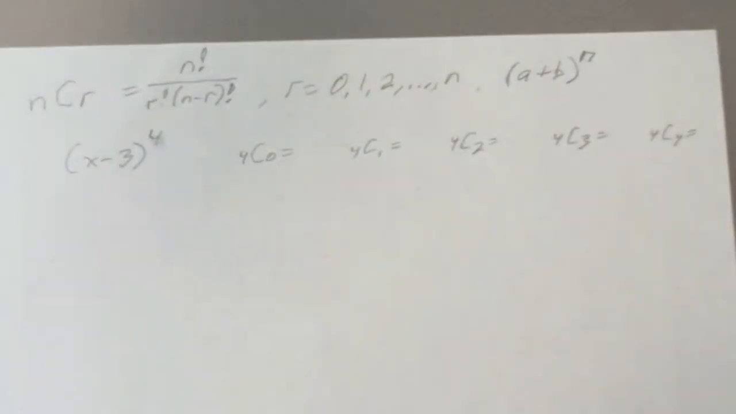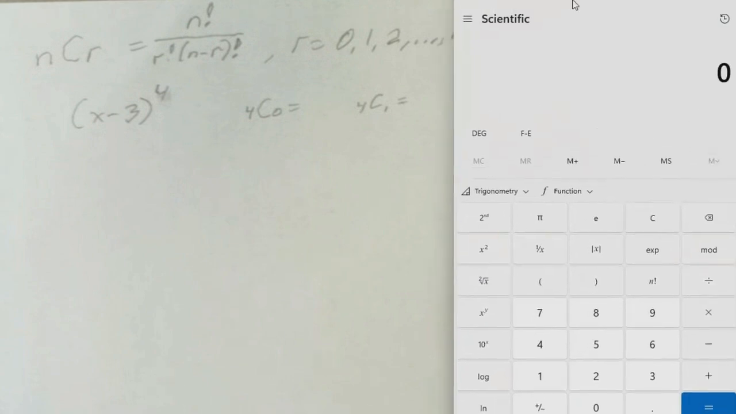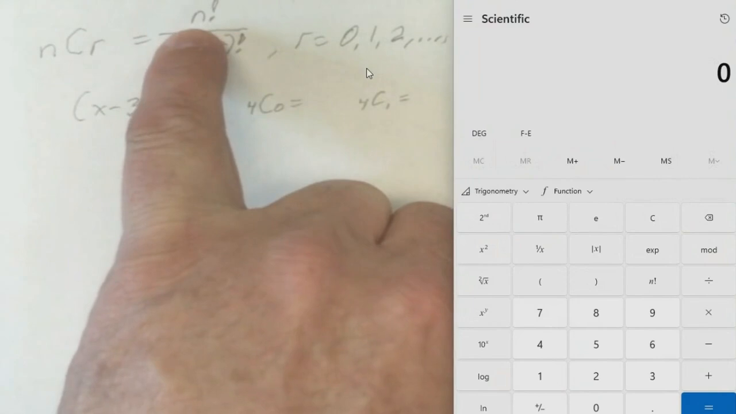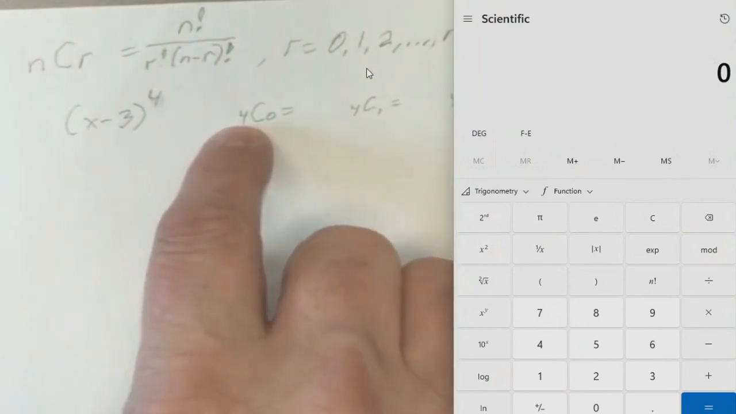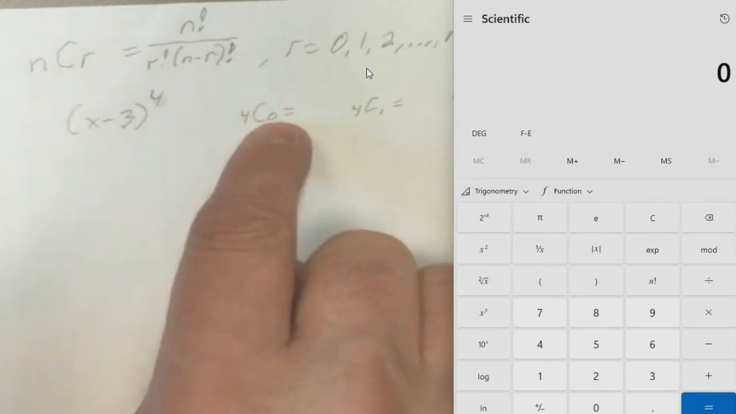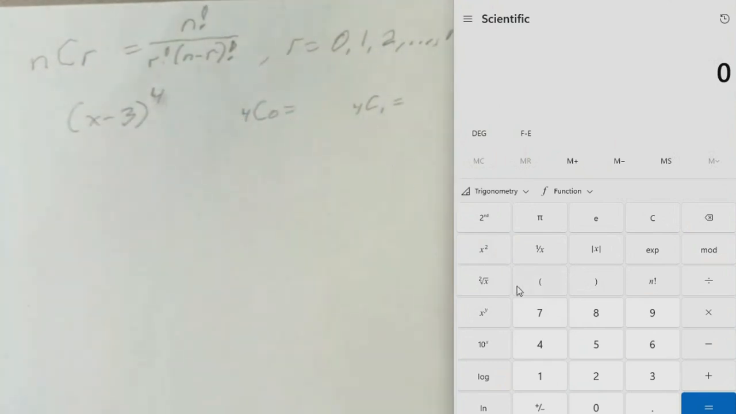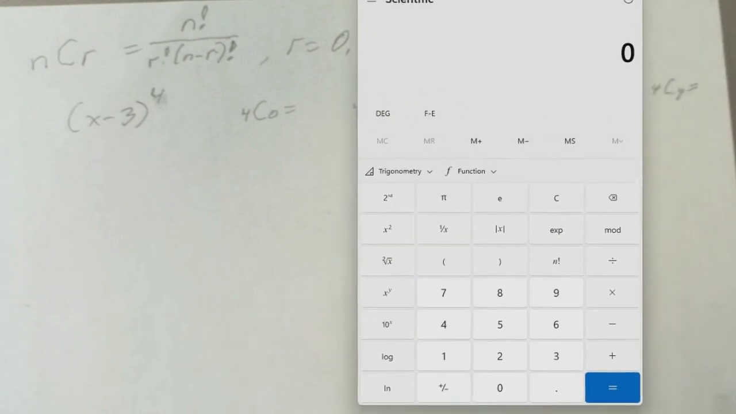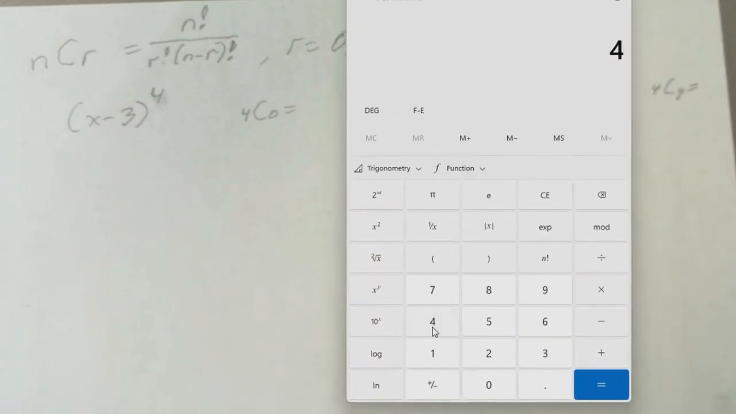So I'm going to bring the calculator up. Starting with this one, right here, what is n? n is 4. n is the number before the C. And r is the 0. So if we do 4, and there's a factorial button on the calculator. Most calculators have one somewhere. The exclamation mark is factorial. So this would be 24